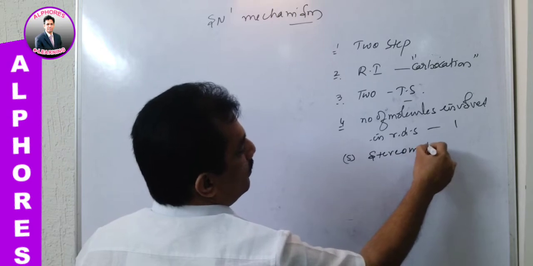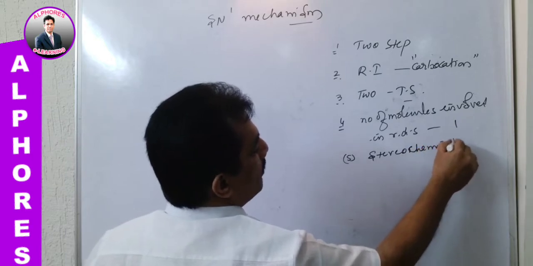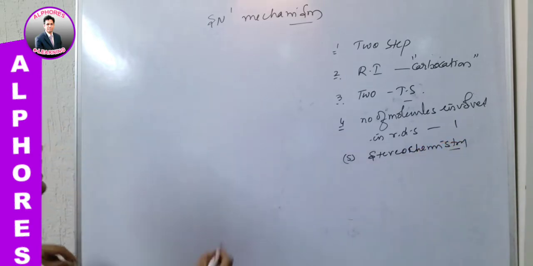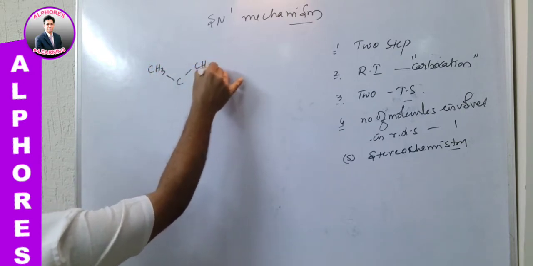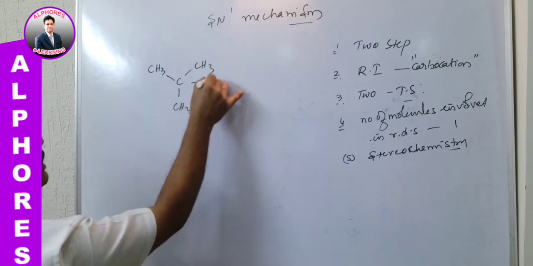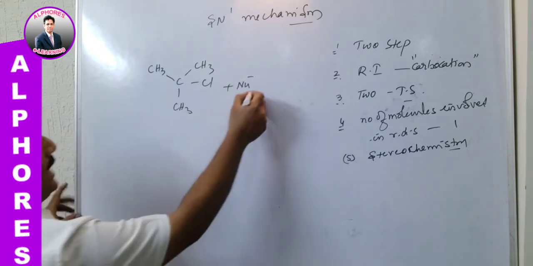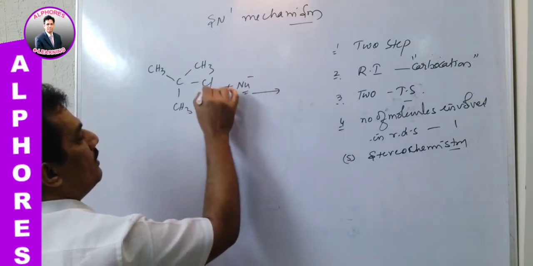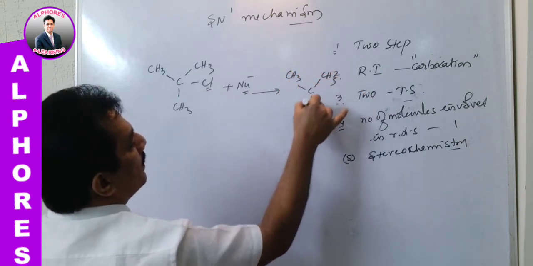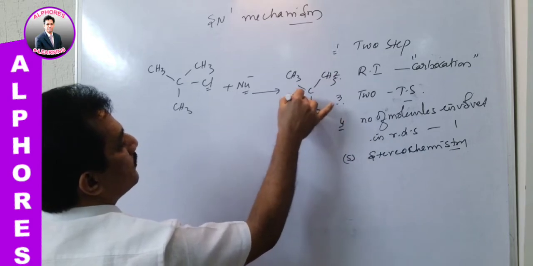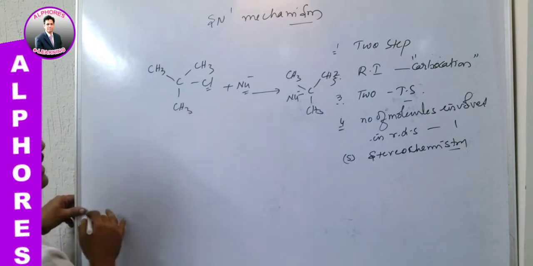Before going to stereochemistry, we have to complete the reaction mechanism first of all. Now let us consider the best known example, tertiary butyl chloride. This is of interest to go for SN with a nucleophile, and this nucleophile will replace the chlorine, ultimately forming the nucleophilic substituted product like this. We can imagine. Clear? And now what happens? It takes place in two steps.